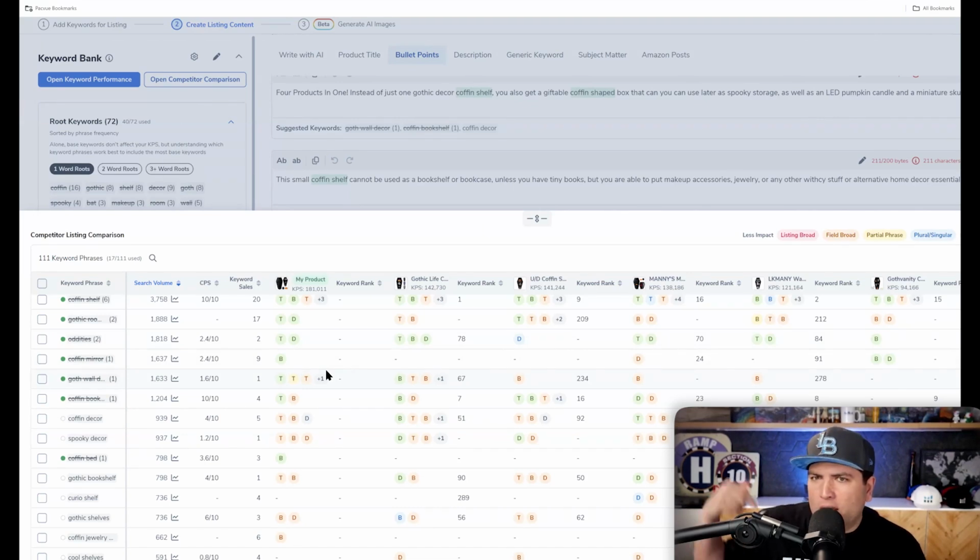So this really completely changes how I make my Amazon listings now, not just for the AI part and not just for those images and Amazon Posts, but just really making sure that my listing is optimized for SEO on Amazon compared to my competitors, and it gives me a lot more visibility into that.